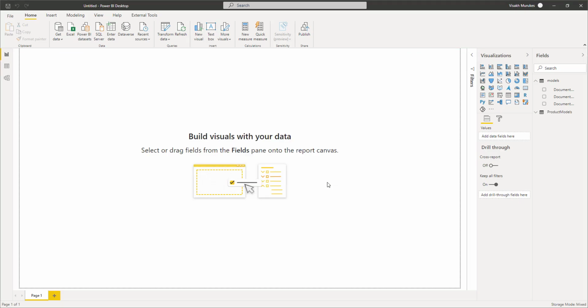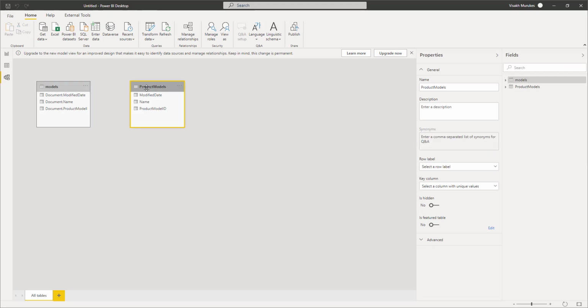And once the table is loaded into your model, you can go back to your model view and see the new table which is coming from Synapse Analytics. It will be in direct query mode. So any change you are going to do inside your Cosmos DB now, it is going to be automatically appearing inside your Power BI reports.